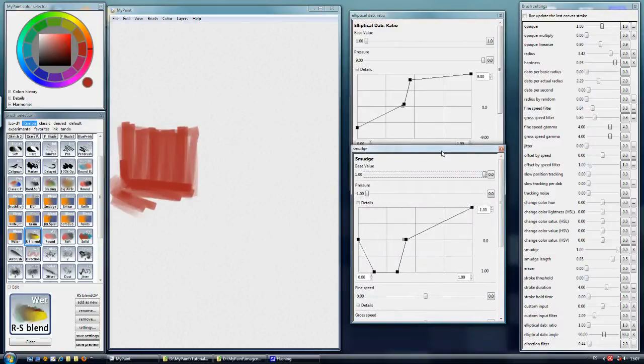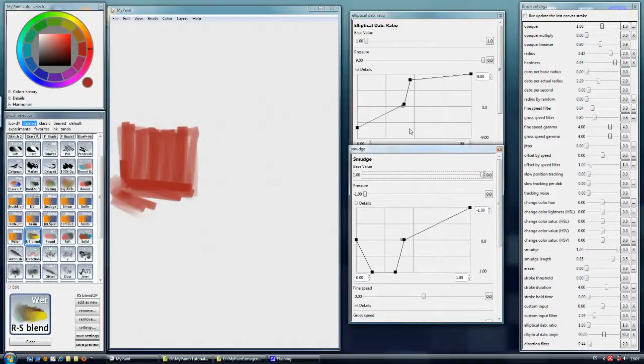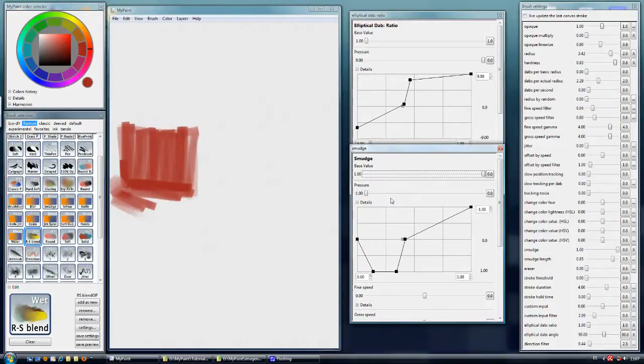This has basically the same, well, maybe not the same, but a very accurate graph. So that means that as we are increasing the pressure, we are going from round square to a more elliptical depth ratio,